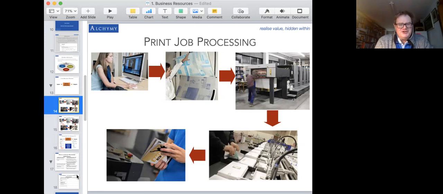So in this print job, what might happen is, first off, we have somebody who works with us to figure out what we want and to create a design, a blueprint. Like, we don't just go straight to printing. We have to have something to print. So we need to know exactly what we're printing, what it has to say, what it should look like, what colors, etc. So we have some sort of graphic designer here who will work on the job, who will work